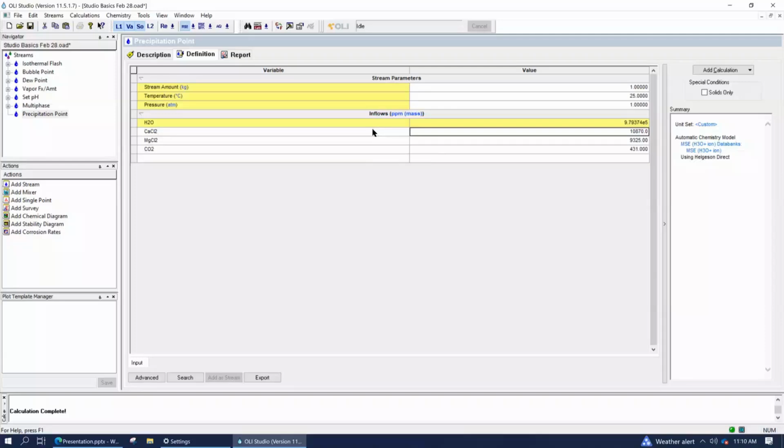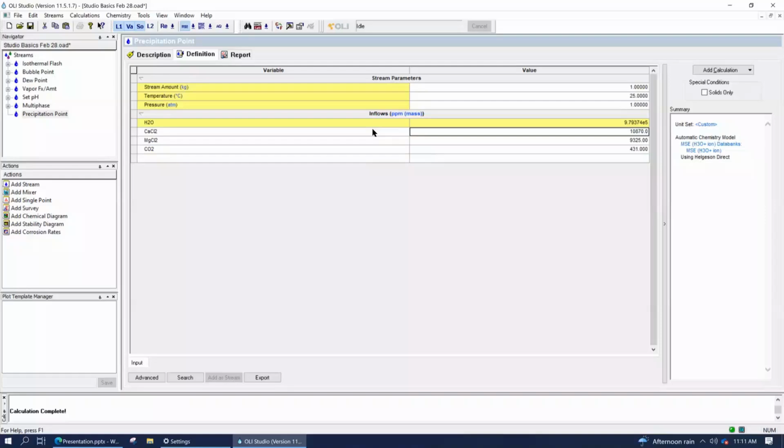And that's pretty much it. We're done adding stuff. But what we're going to do is instruct the software to add caustic to the system to raise the pH. But our interest is to find out at what pH salt will start precipitating. So we may want to raise the pH of this brine, but we have to be careful that we don't raise it too much, because then we'll start precipitating out material. And then we've got a second phase that we've got to filter out and deal with.